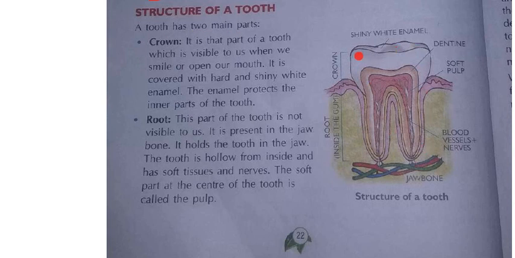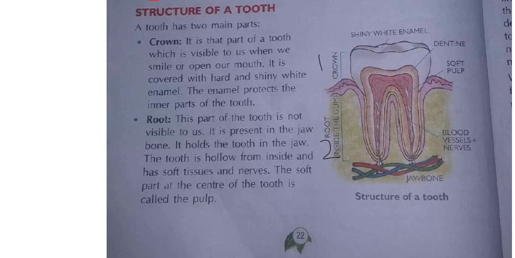This is the structure of the tooth. Our teeth are like this only. Mainly it has how many parts? Two parts. What are they? Crown and root. The upper one, which we can see in white color, is the first part, that is the crown. The next one is the root. So I am writing here, this is one part, this is the second part, 1 and 2. It consists of two parts. Now first we shall learn about this crown.